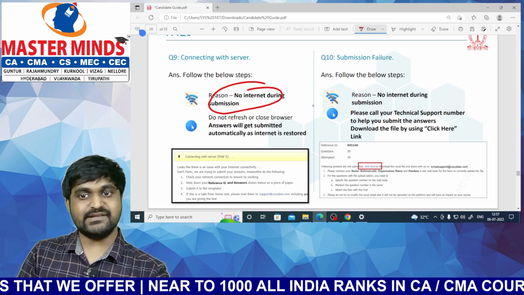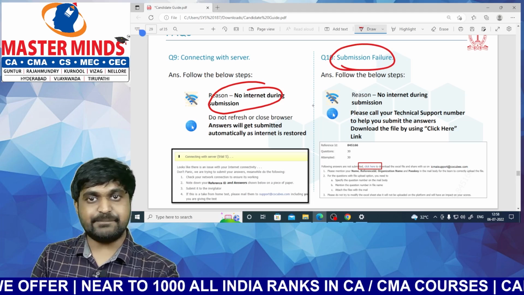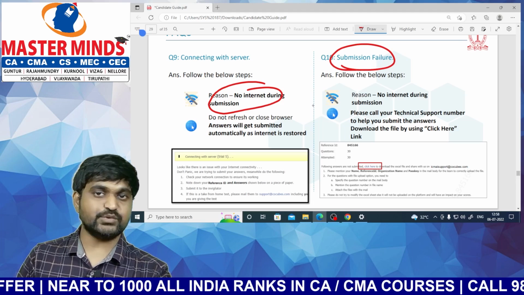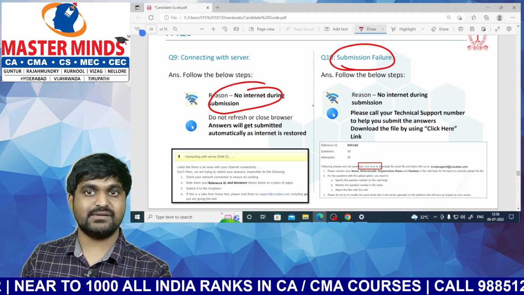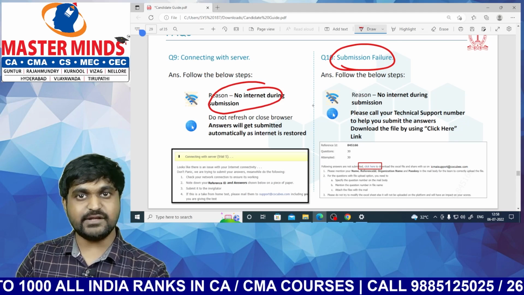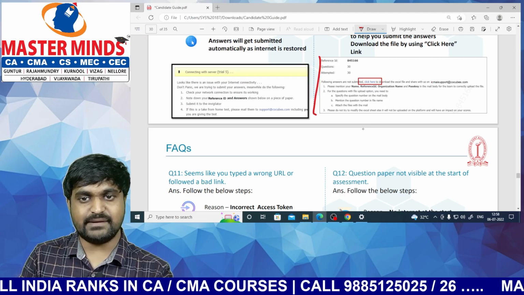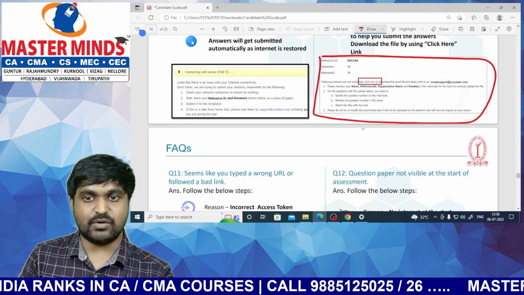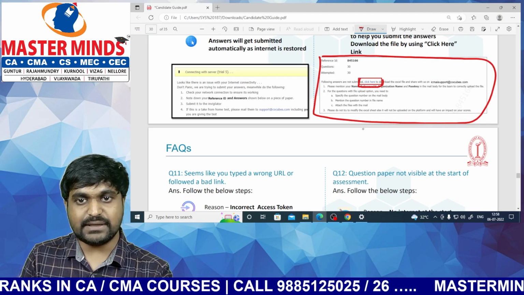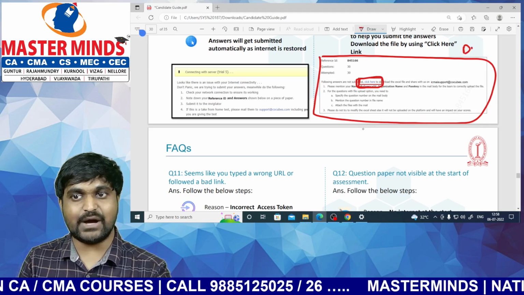But if there is any internet issue during submission time and submission was failed, then what I need to do, sir? Because exam time is getting over, I need to click on submit button, but my internet is not working. Now what I need to do? So now don't worry. So here there will be a dialog box. In the dialog box you need to click on click here button, so that your answers will get downloaded in